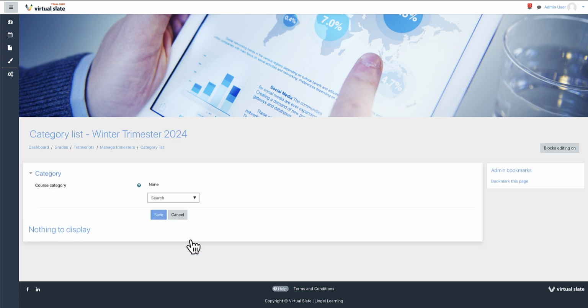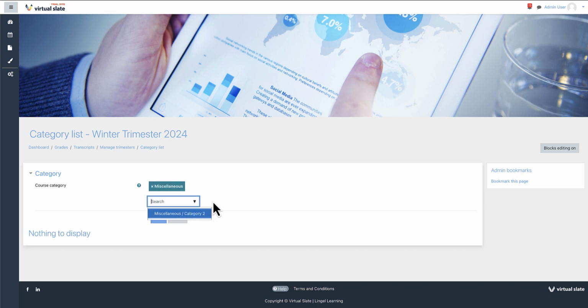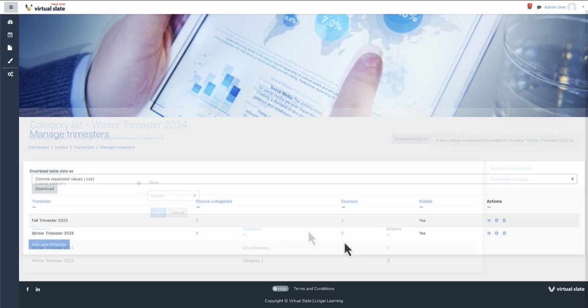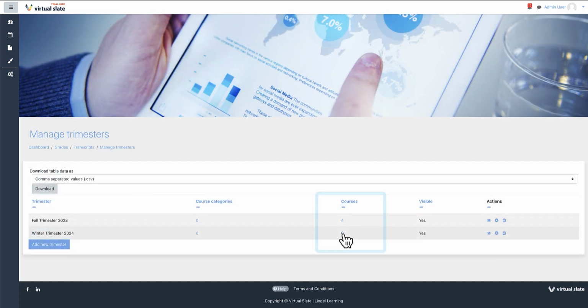On this page, you can select the category from the drop-down selector. This feature makes it easy to assign newly created courses within categories to automatically be assigned to the trimester. Alternatively, you may also wish to assign individual courses to the trimester. By clicking the numerical link located in the Courses column for that trimester, you can select courses from a drop-down